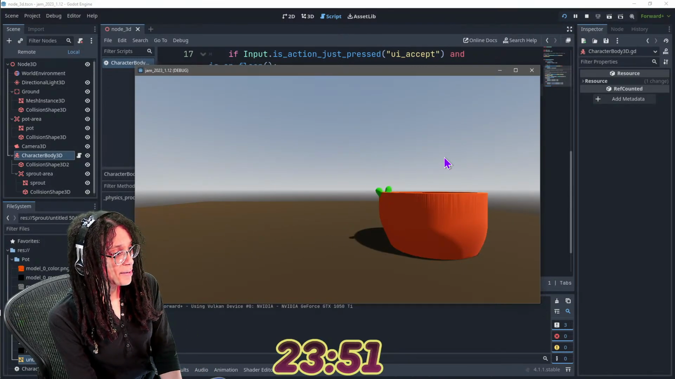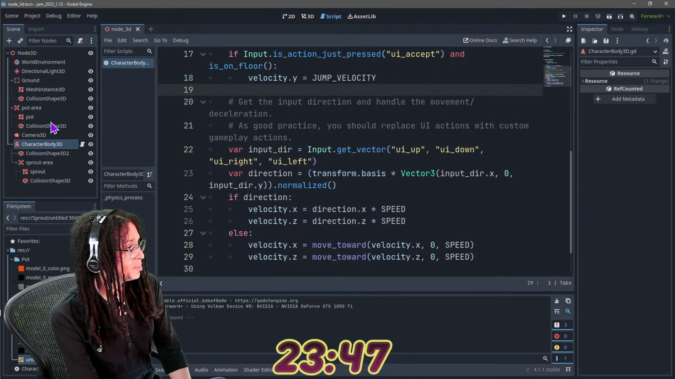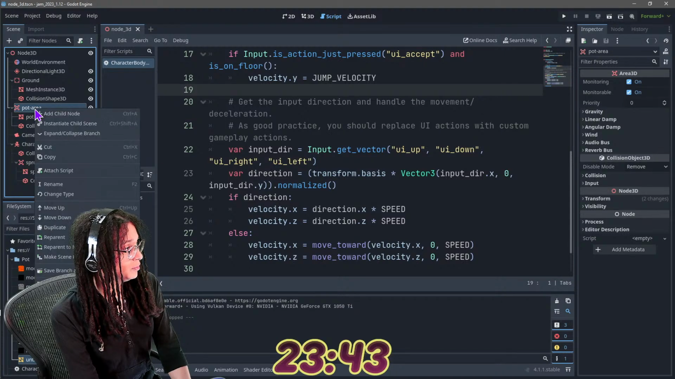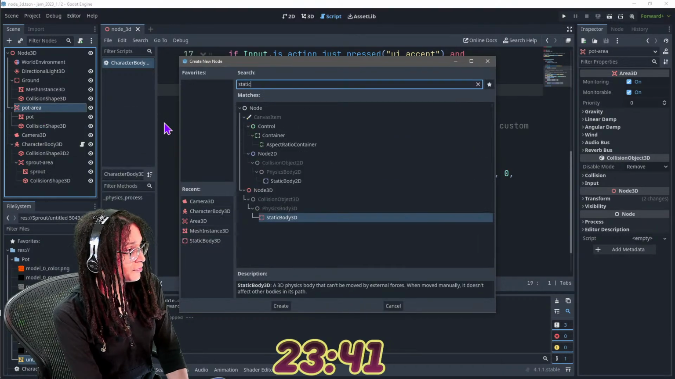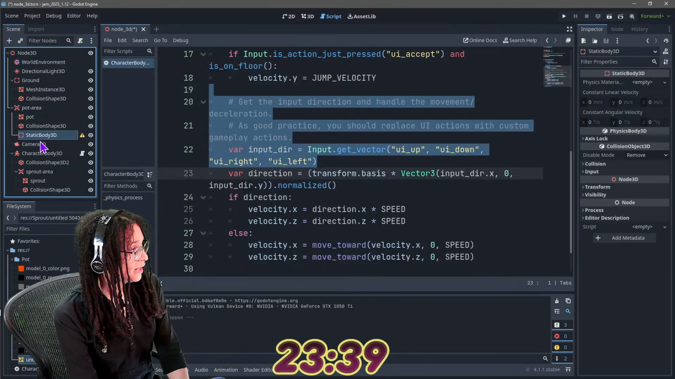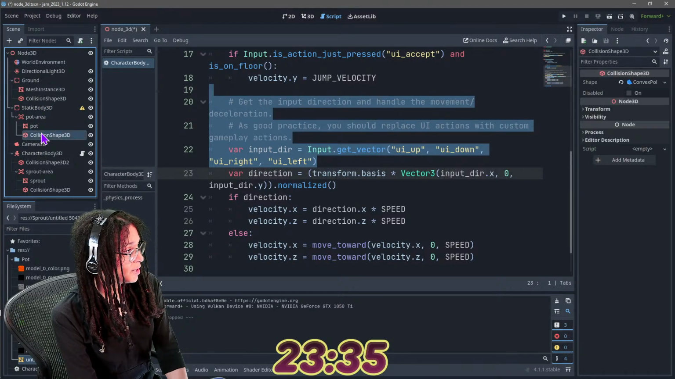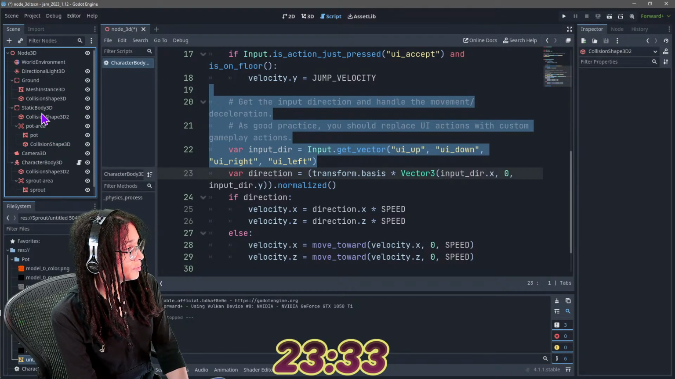And you can see we can't jump high enough to get in there. Now, there's no physical collision with that pot. We could give it physical collision. If I put a static body here, put the area in a static body, duplicate the collision, we might actually